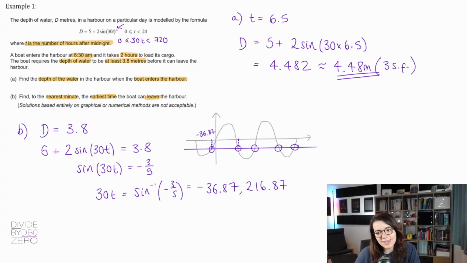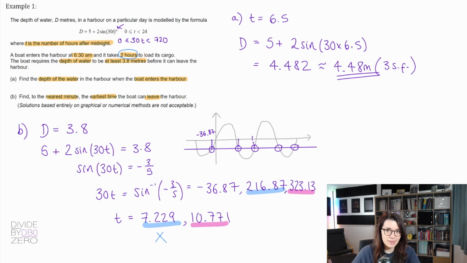216.87. Now to get t, we need to divide these values by 30. And when we do that for 216.87, we get 7.229. So around 7.229 hours after midnight. That solution won't work in this context because it said that the boat takes 2 hours to load the cargo after 6:30 a.m. So we need the value of t to be at least 8.5. Therefore, we'll go ahead and look for the next solution, which will be 360 minus 36.87, and that's 323.13. When we divide this answer by 30, we get t is 10.771, which will work in this context because